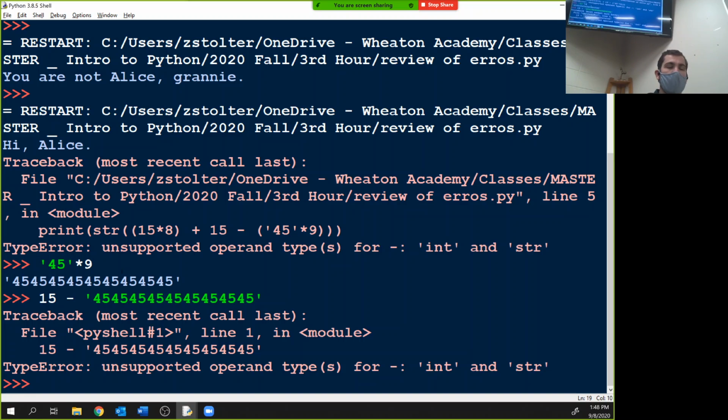So when you guys are running your code, really you should know what's wrong. You may not know how to fix it, but you should go, oh, I'm trying to subtract an integer from a string, or a string from an integer. Once you know that, you go, oh, I can fix that. But there will be other times where